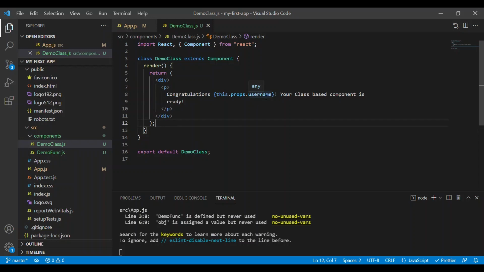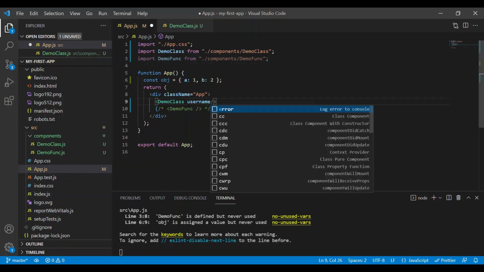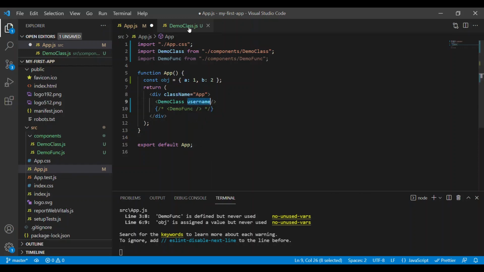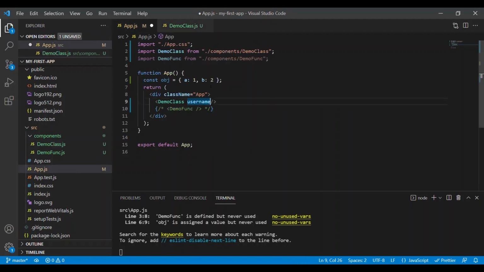And in order to pass this property name, let me go to app.js. Here we have already imported the demo class, and now I will use the same property name, username, which I used in this component,